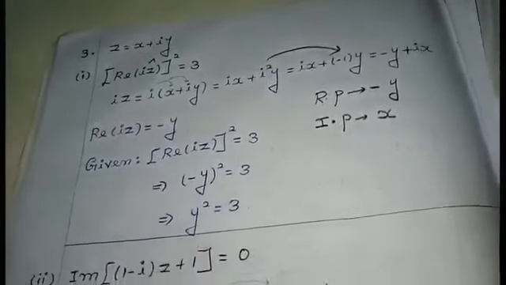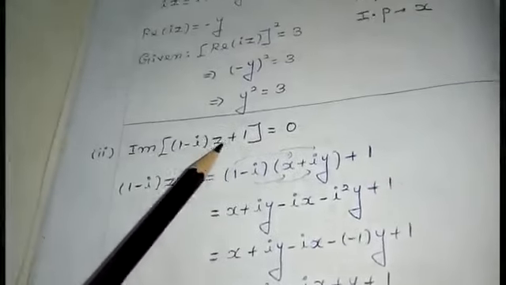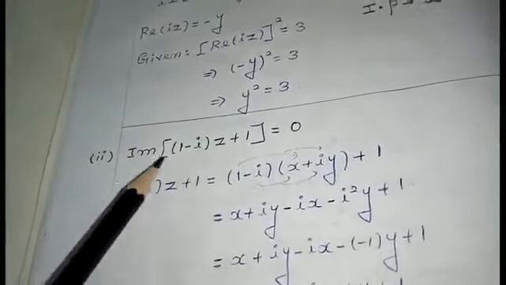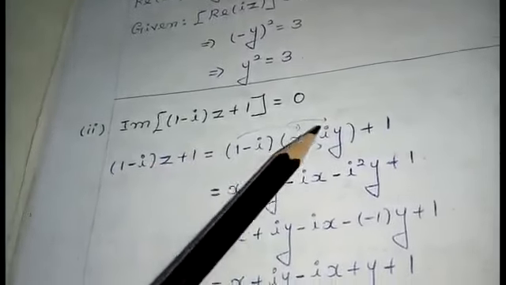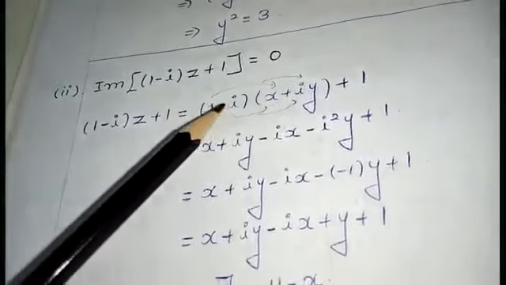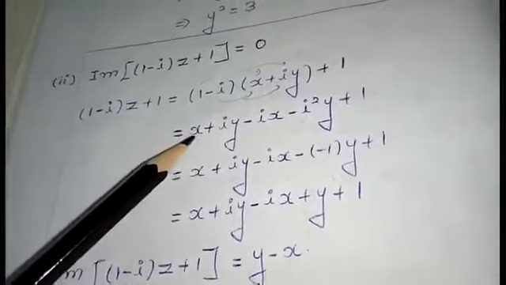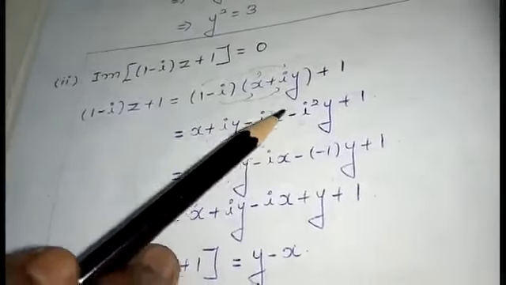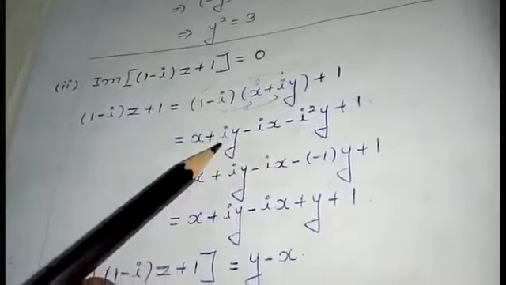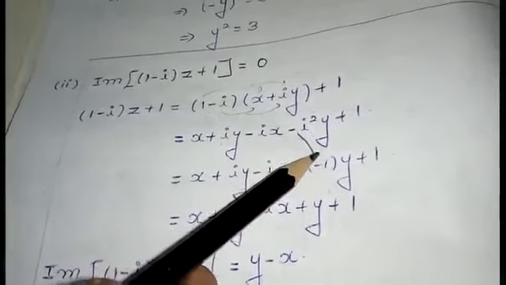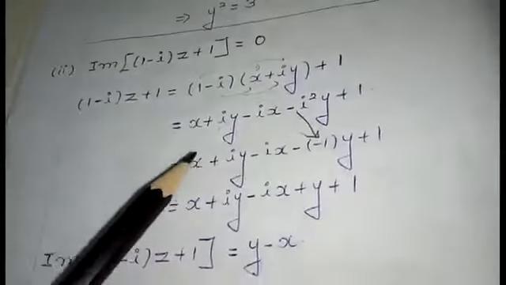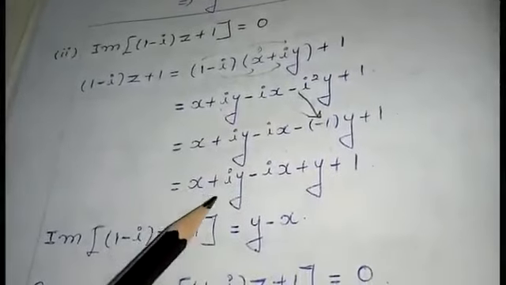Coming to the second sum, just see the second sum. Same way, I am going to take the value first inside. Inside I am taking the value. You are going to replace this z by x plus iy. After replacing, what I am doing is I am going to simplify the terms. Be careful. In place of i, I cannot do anything. But if it is going to be i square, I can write it as minus 1. Replace the terms, simplify. You will be getting like this.